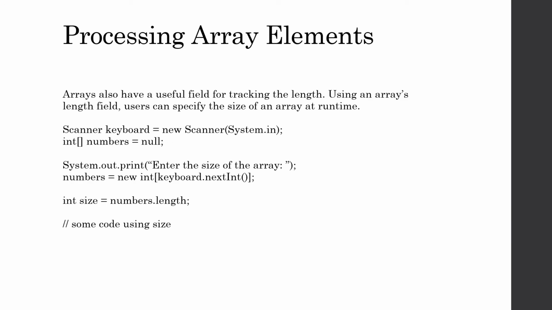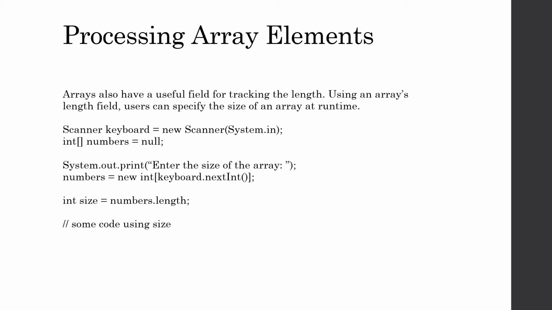So arrays actually have a useful field for tracking the length. Using an array's length field, users can specify the size of an array at runtime. So in this particular case, the example that I'm using here approaches this in a slightly different way, where we are starting off with our keyboard object. So we've got Scanner keyboard equals new Scanner, reading from System.in, so reading from keyboard input. We then declare the variable for our int array. So we've got int array numbers. In this particular example, I initially set that to null,